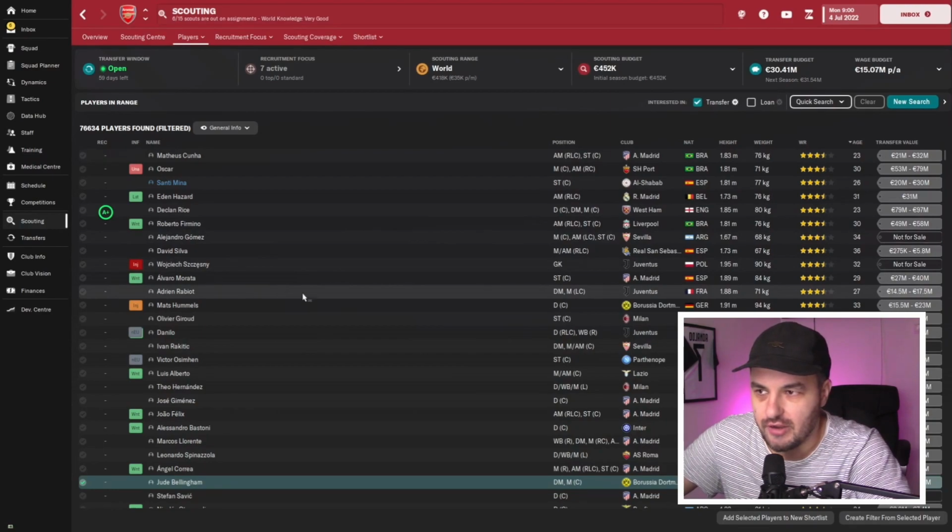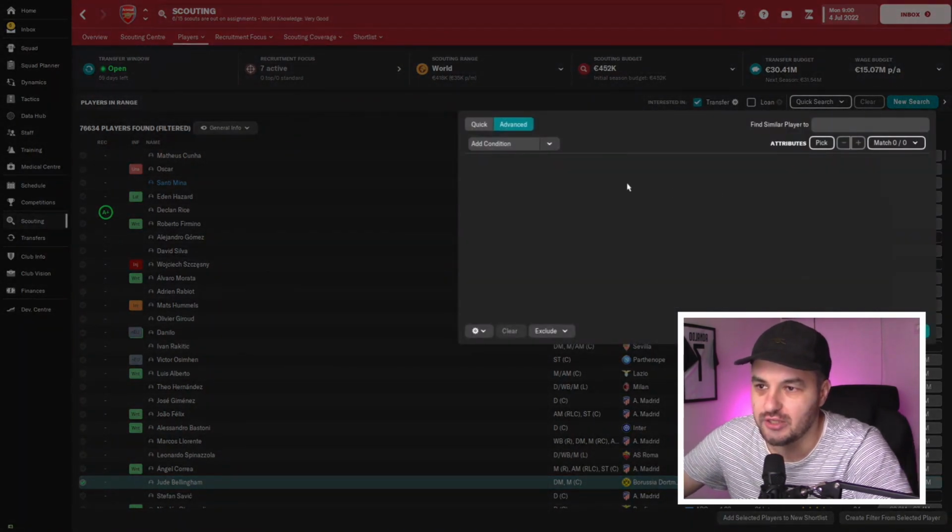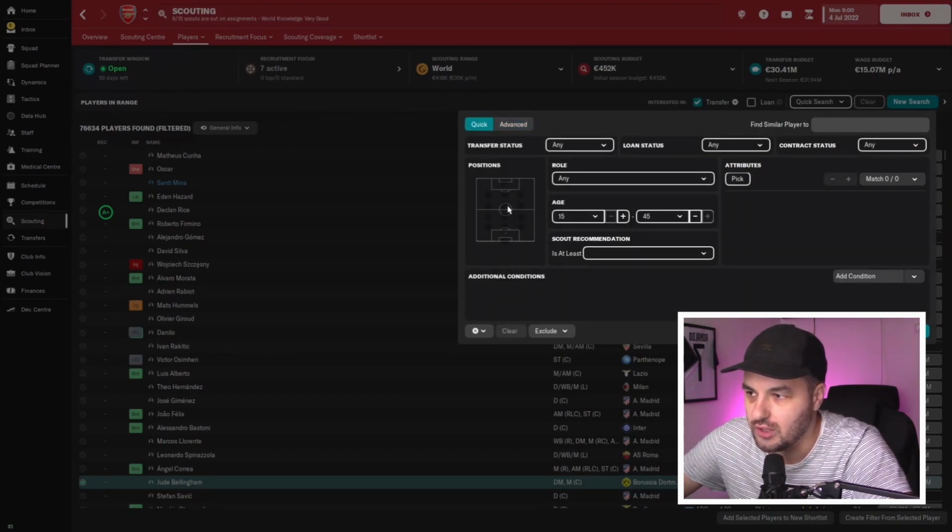These things can vary, but in the player search screen, what can you do? I will show you a couple of tips. First of all, you can go to new search. I showed you how to select players based on transfer interest. You can go to new search and pick attributes for a certain position, and this is very interesting because here in the player search you have two tabs, let's say quick and advanced. For quick, you can just select a